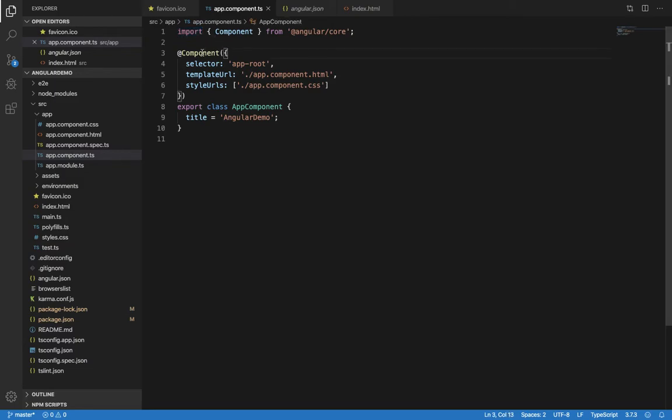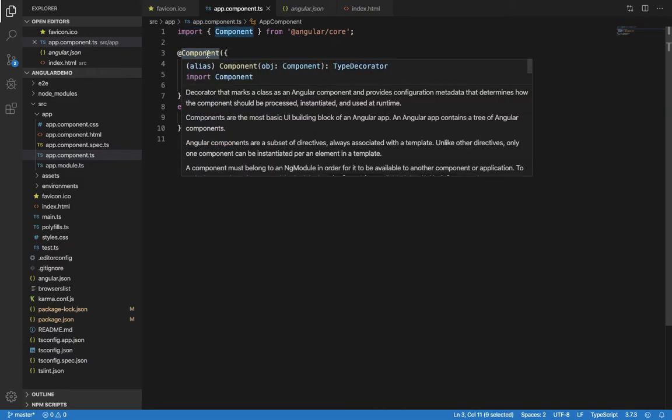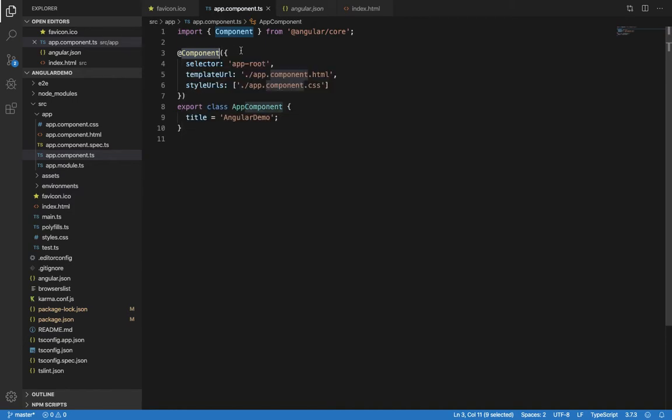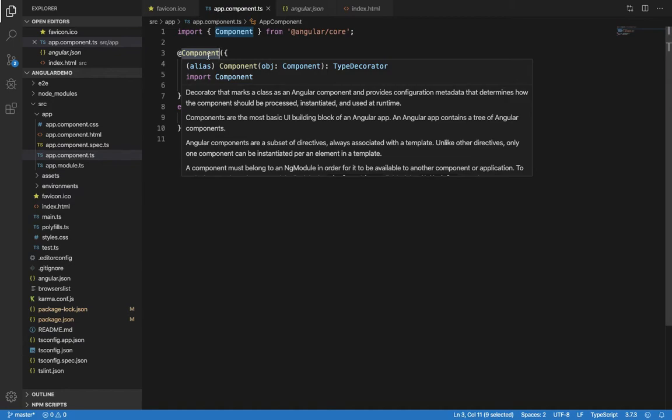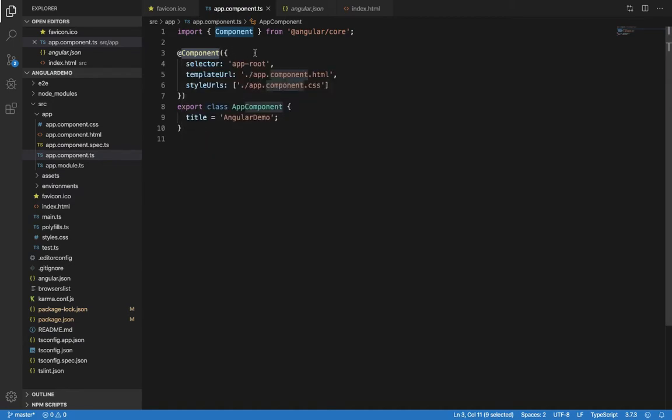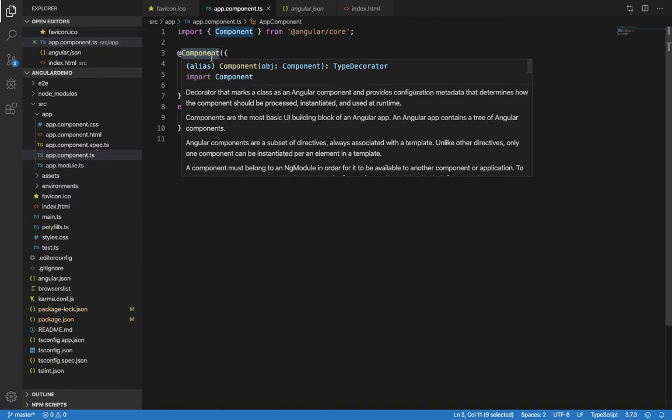Apart from that, this component is a decorator, the @Component decorator, which is going to add metadata to this particular file. It is going to tell about the particular file and how to use it. Once you mark a class with the @Component decorator, that particular class is going to be a component class. Agree? Now this @Component decorator is a type decorator, and we had already imported Component.